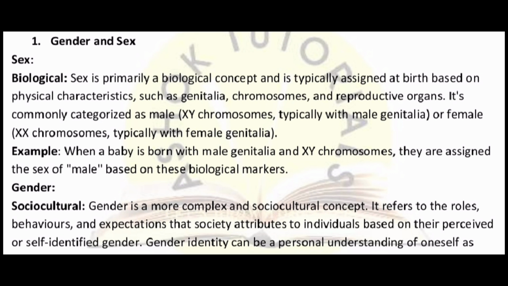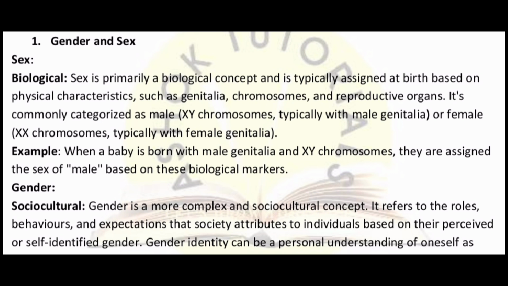That is how we identify the sex of the child. We do not say that this is the gender of the child. It should be, what is the sex of the child? Now, how do we know that the baby born is a boy or a girl? We know it by the reproductive structure or the genitalia that the baby has.